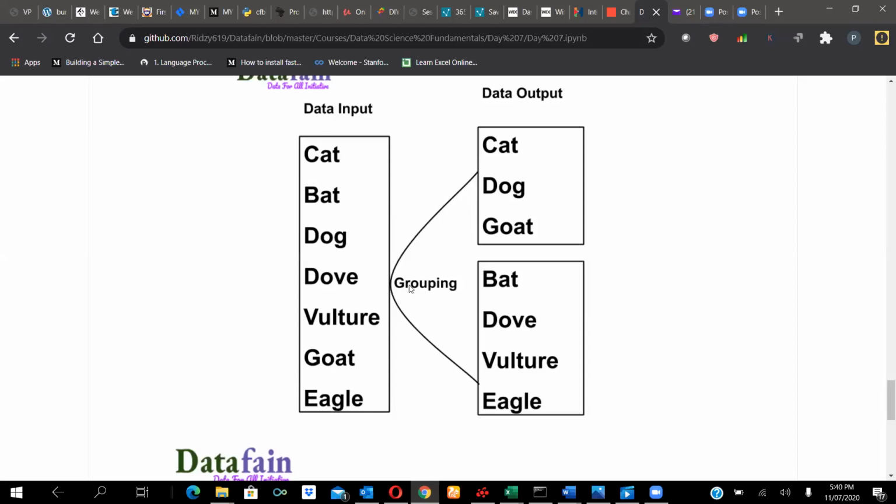I gave a scenario of grouping this into domestic and non-domestic animals. Now, somebody that is building a machine learning model and wants it to give an output of domestic and non-domestic will have to build machine learning algorithms that allow him to do that. You cannot build a machine learning algorithm that has one function and then gets a different kind of output. It doesn't work that way. The desired output that you want is totally dependent on the kind of algorithm you build when it comes to